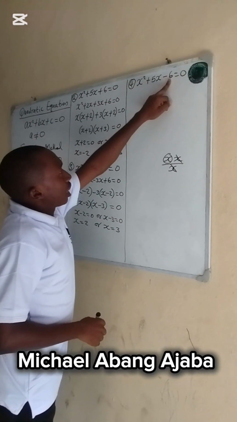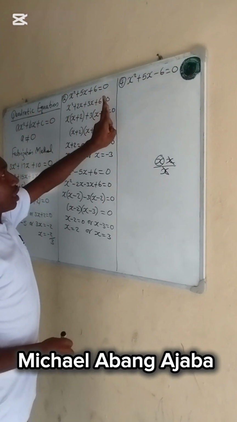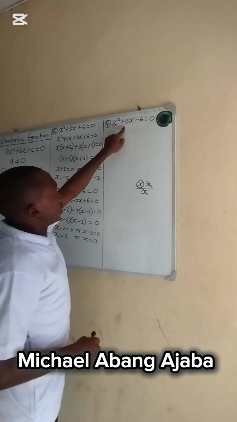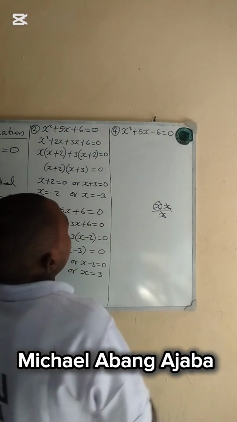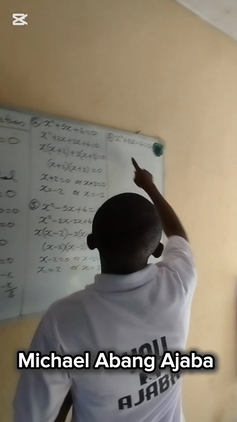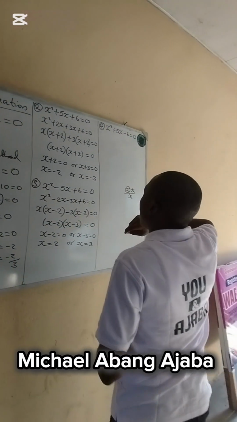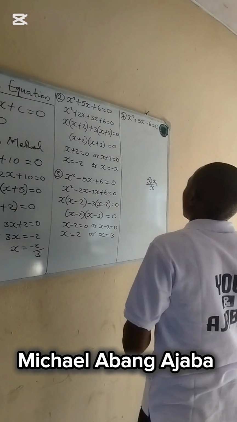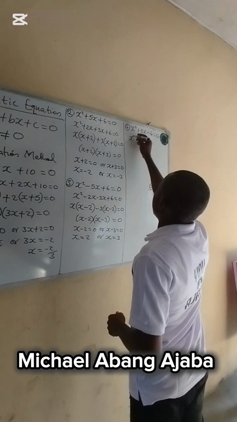Note here that this is negative, and if this is negative, the two numbers are going to carry two different signs. If the first is negative, the second will be positive. If the first is positive, the second will be negative. What will determine which is negative and which is positive is the middle term. If the middle term is positive, the bigger number will be positive. If the middle term is negative, the bigger number will be negative. So let's